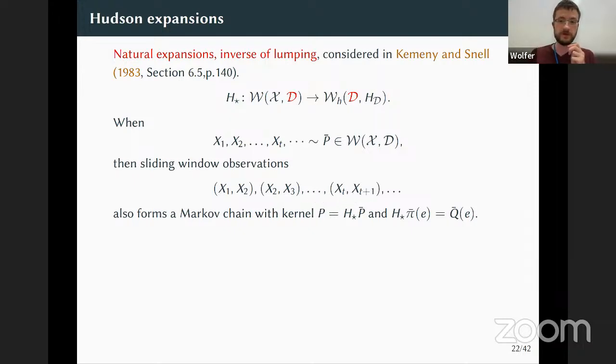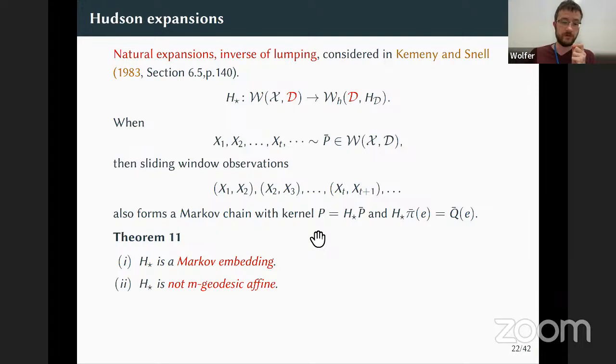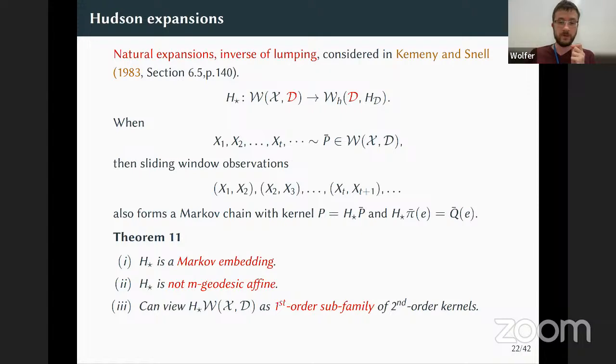This new process will also form a Markov chain. And the state space of this new Markov chain will exactly correspond to the edge set of the original Markov chain. So what we can show is that this particular type of embedding can be encoded as a Markov embedding. However, this is a particular example of an embedding which is not M-geodesic affine. So to go back to your question, this particular embedding can map an M family to something which is not an M family. We can also view this as a first-order family of second-order kernels,